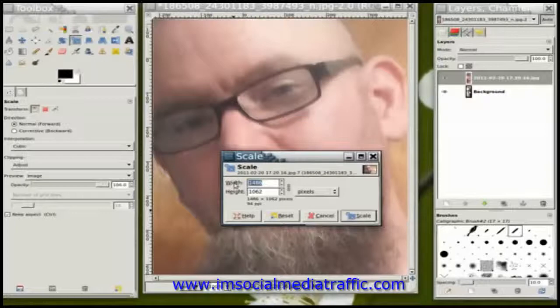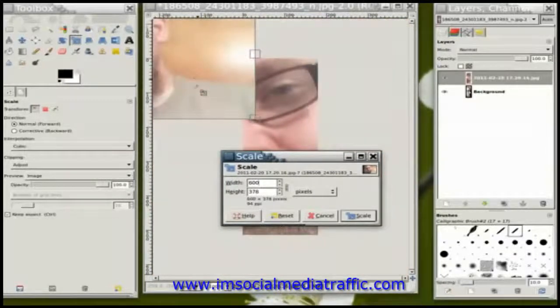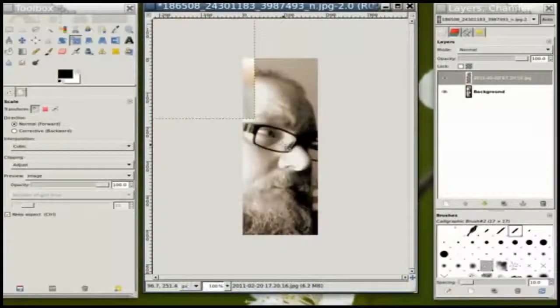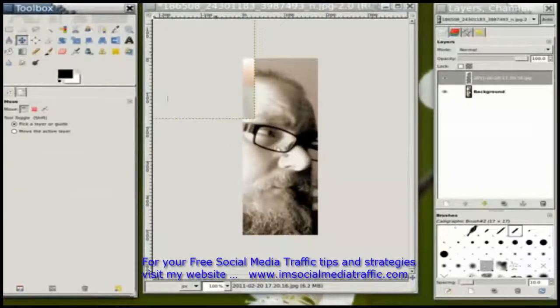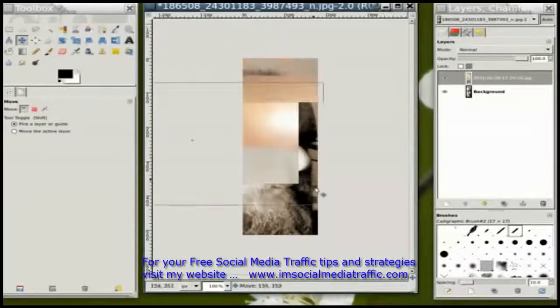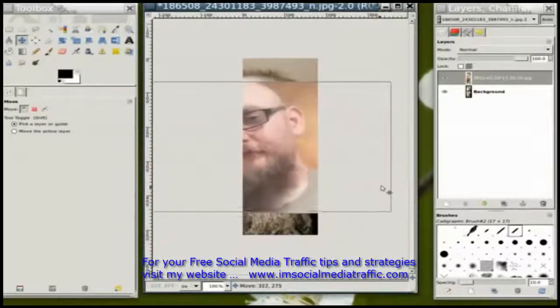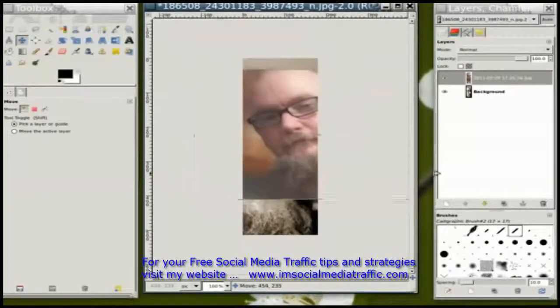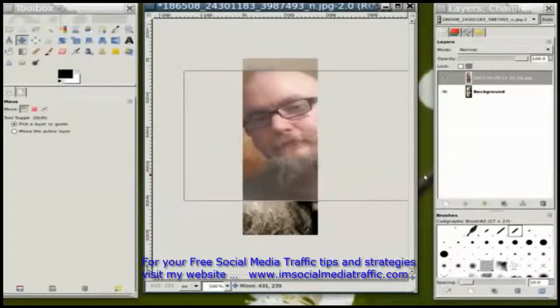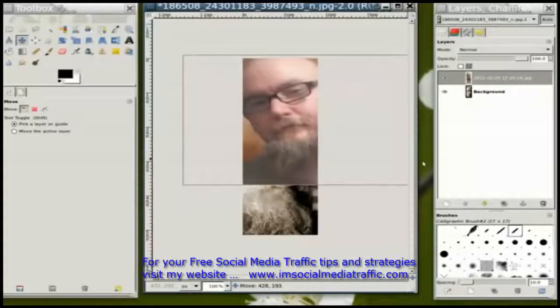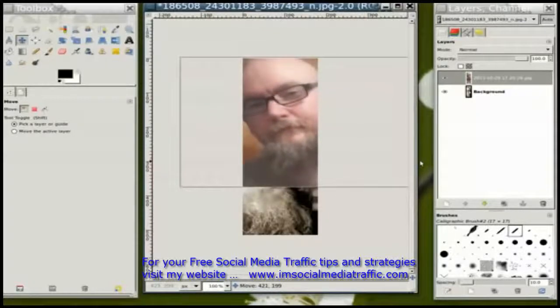And with constrain turned on, I'm just going to set this to, let's say, 600. And so what that's done is it's made it much smaller. I'm going to say scale. And now I'm going to use my move tool again to move that layer into place. I'm going to align it with the top of the image,